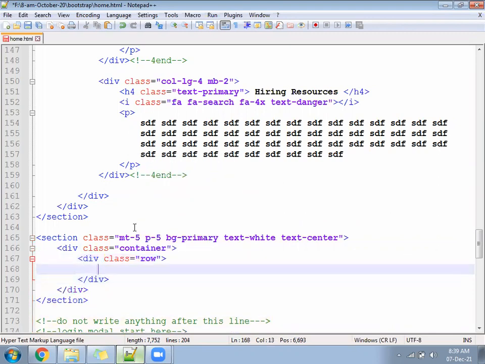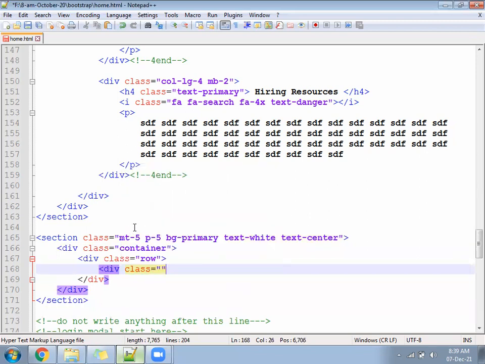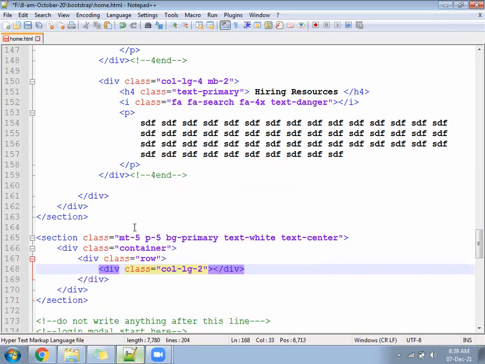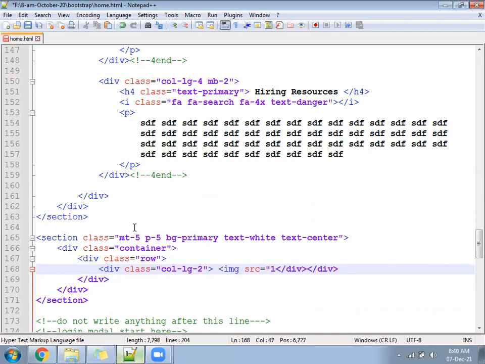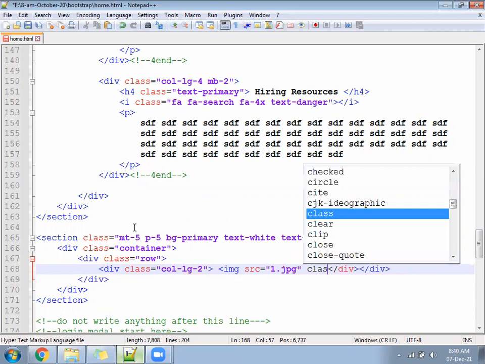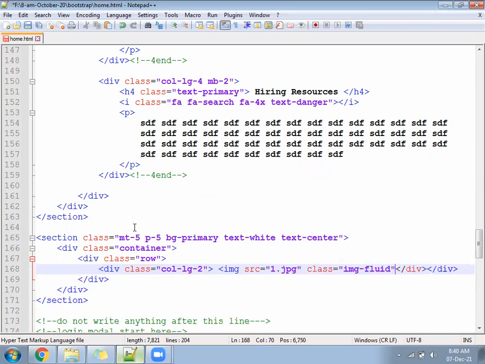Inside you are going to write a division, class equal to col hyphen lg hyphen 2. Inside that, img src equal to 1.jpg, class equal to img load, img float.